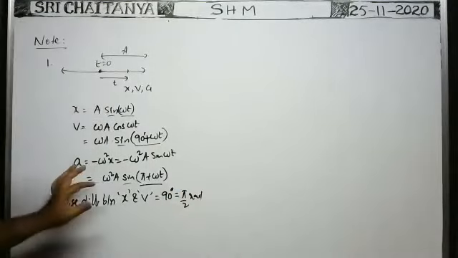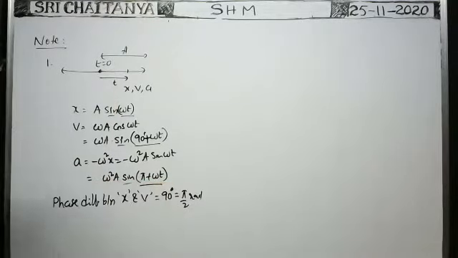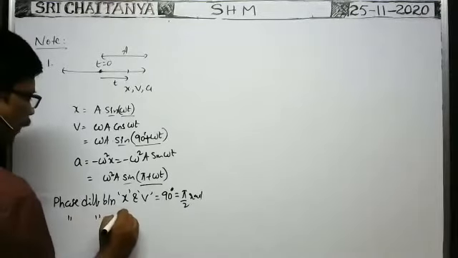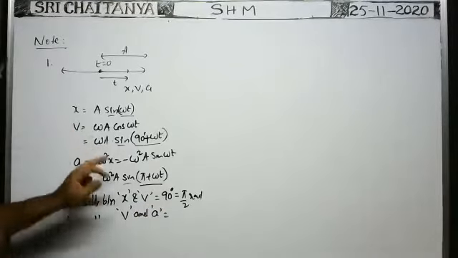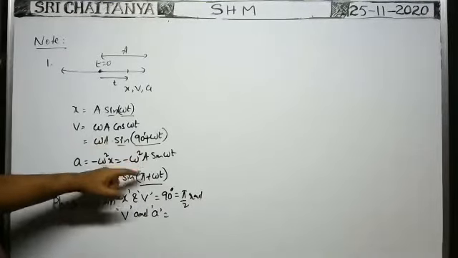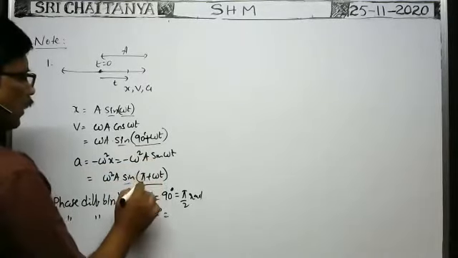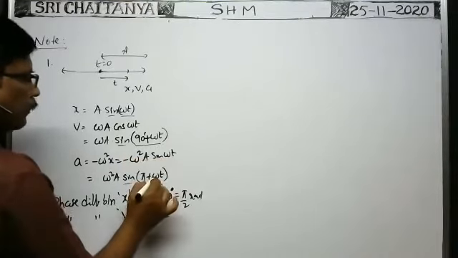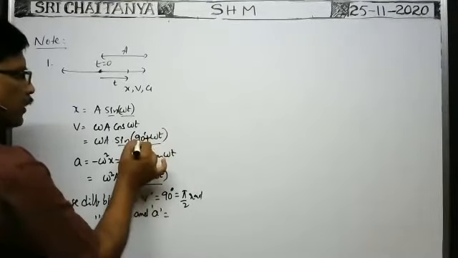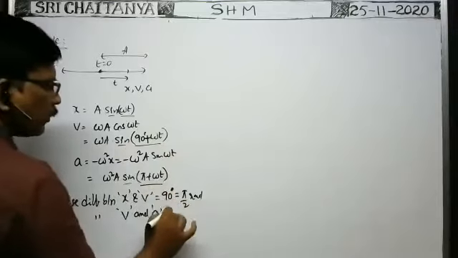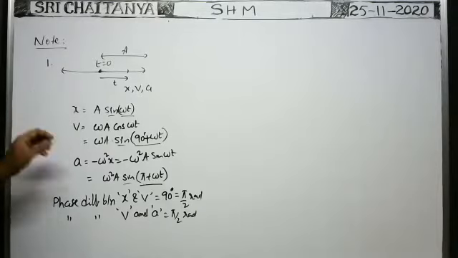So the phase difference between the displacement of the particle and the velocity of the particle in SHM is said to be pi by 2 radians. Okay. Similarly, the phase difference between velocity and acceleration. Here it is 90 plus omega t, here pi plus omega t. Now the phase difference between these two means pi plus omega t minus 90 plus omega t. You subtract this from this, omega t will be cancelled. Pi minus 90, of course, it is pi by 2. Pi minus pi by 2 means pi by 2 radians. So the phase difference between x and v, and v and a, both are the same.